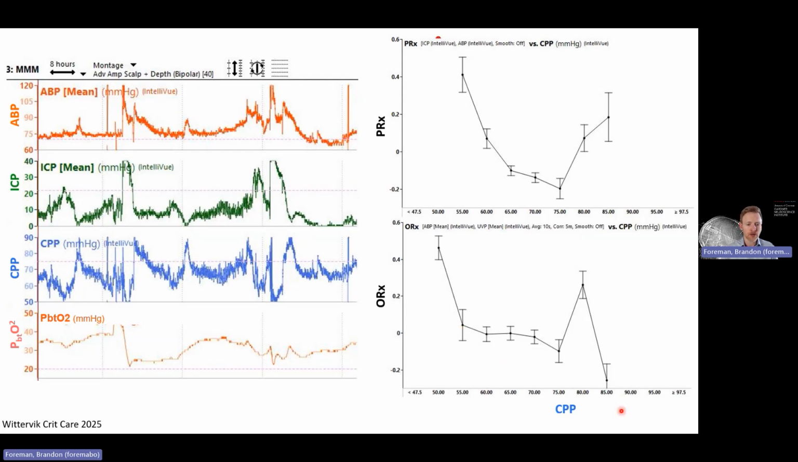If you plot the cerebral perfusion pressure on the x-axis and how much those signals are correlating, the ORX, on the y-axis, you can see here that as the CPP falls below 60 millimeters of mercury, our two signals, oxygen and CPP, become much more correlated. In other words, in this case, our optimum CPP should be somewhere above 60 millimeters of mercury